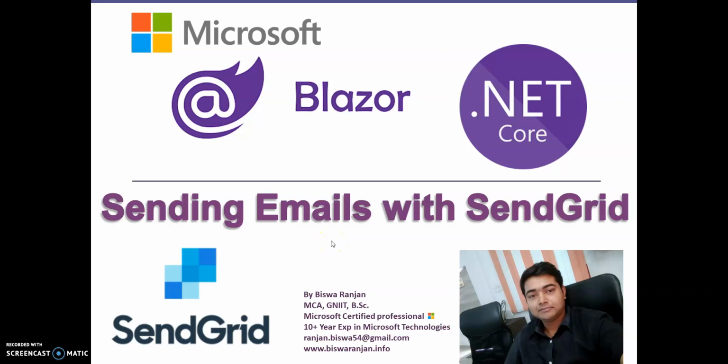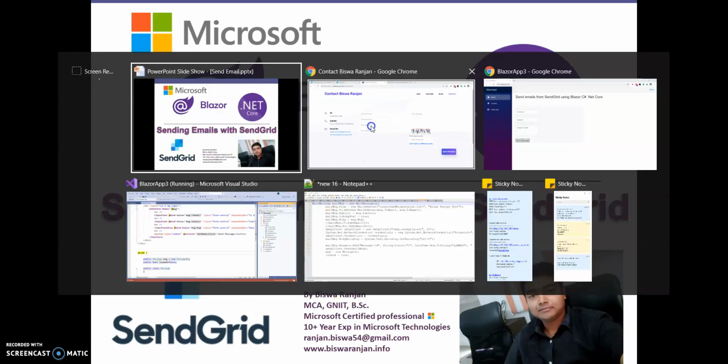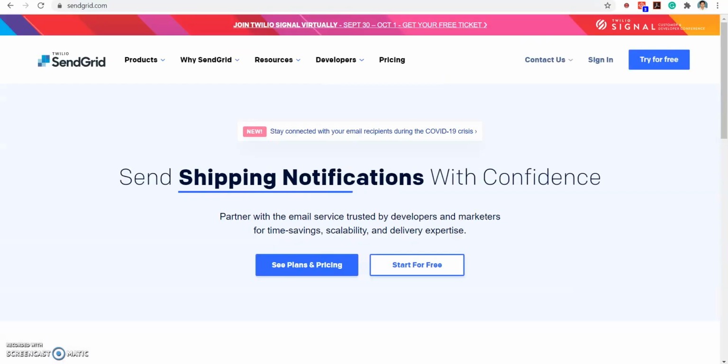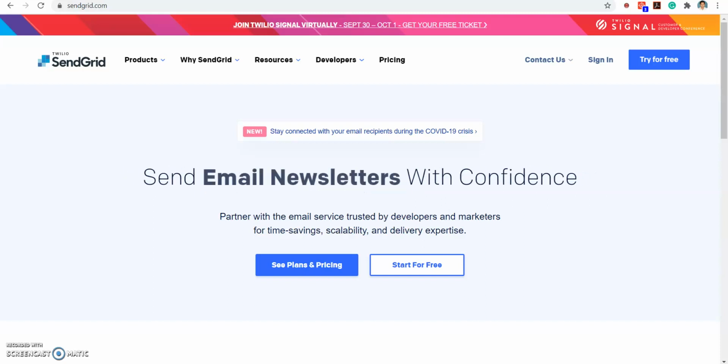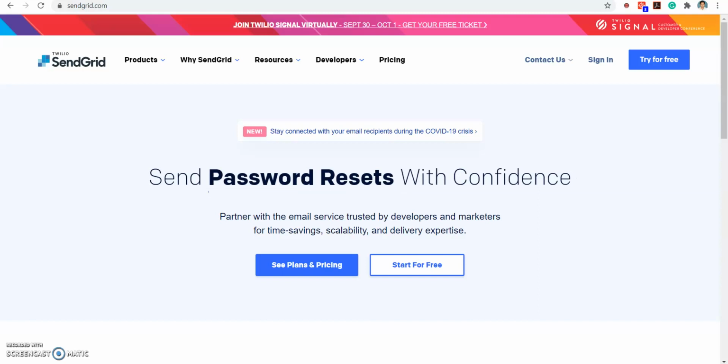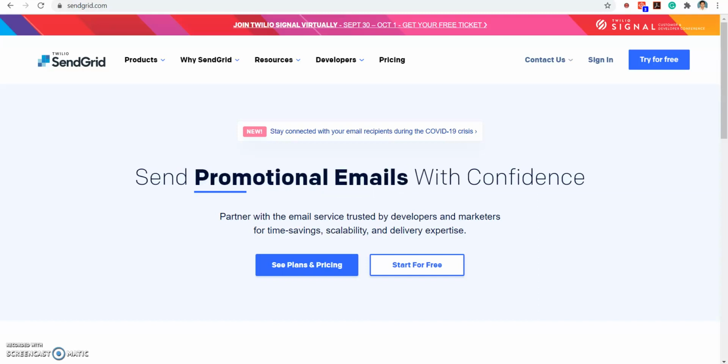Let's get started. So for today's session, we are going to use SendGrid SMTP server. Those who don't know, SendGrid is a cloud-based SMTP provider that allows you to send emails without having or maintaining our own SMTP server.